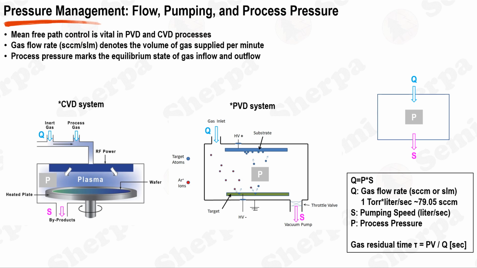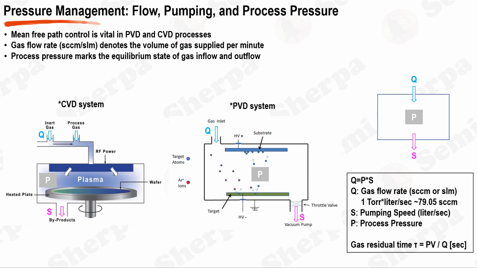Concurrently, to purge impurities and byproduct gases, pumping is implemented. The rate of this pumping, known as the pumping speed, usually noted in liters per second, signifies the volume of gas removed from the vacuum chamber every second. When the gas inflow and outflow reach a certain equilibrium, a stable pressure is achieved within the vacuum chamber. This pressure, referred to as the process pressure or working pressure, is the operating condition under which the deposition process